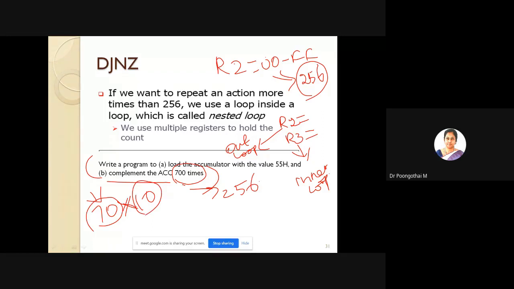Since 700 is larger than 255, the maximum capacity of any 8-bit register being 256, we have to use 2 registers to hold the count. So we have to use 2 registers, R2 and R3. R3 is for the outer loop count, R2 is for the inner loop count.